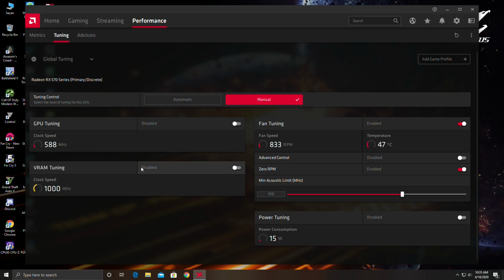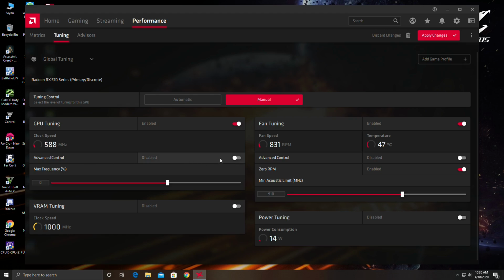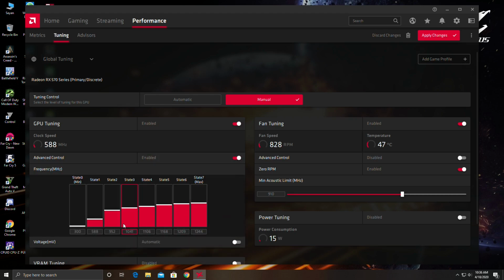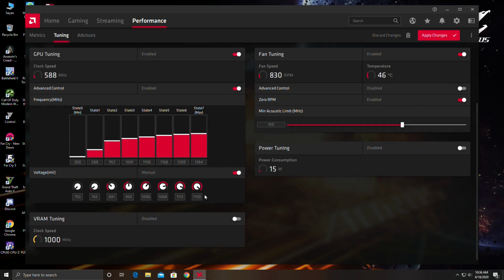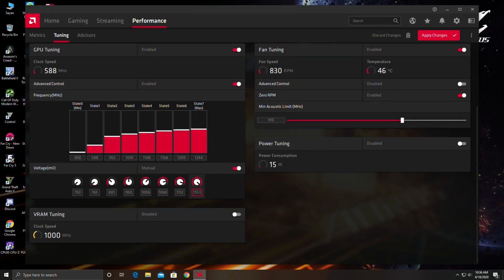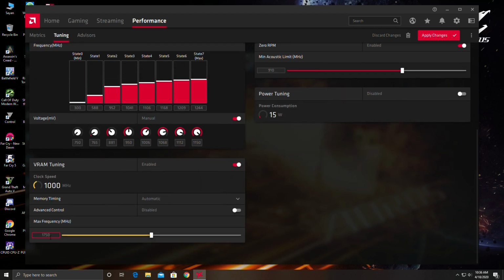We will tune the GPU, VRAM, and the power. Turn on advanced control, and by default this Gigabyte variant is set to 1244 MHz, with a voltage of 1150 millivolts, and in the VRAM we have 1750 MHz.